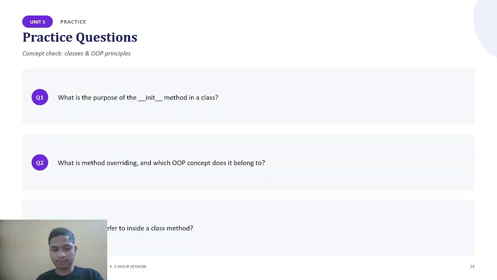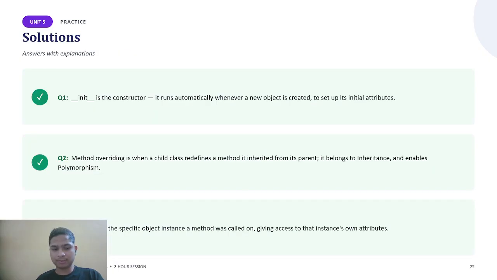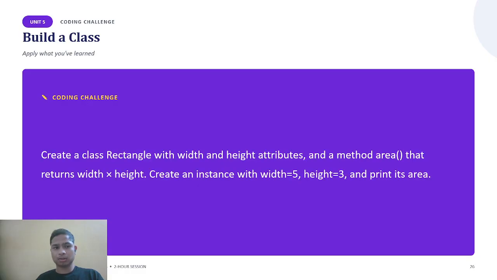So what does self referring inside a class method mean? Self refers to a specific object instance a method was called on, giving access to that instance's attributes. So we have a class, and we have code to create a class Rectangle with width and height attributes and a method area that returns width times height,